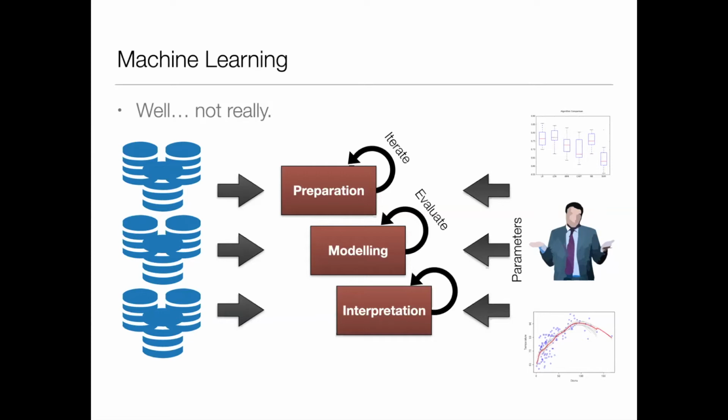Then you have to model that. There are lots of different models available that you can try. It's not always obvious which one works for your data, or why. Sometimes you use deep learning for some things with a certain set of parameters, and sometimes you have to completely throw that away and use something else because your data has changed, and for some reason it doesn't work anymore and you don't know why. But anyway, you have to evaluate the model and then try again, try a different one, maybe abandon one algorithm and try another one, and so on and so forth.